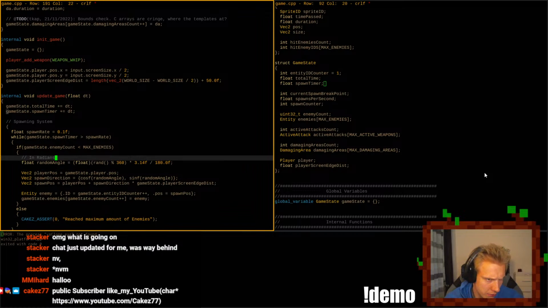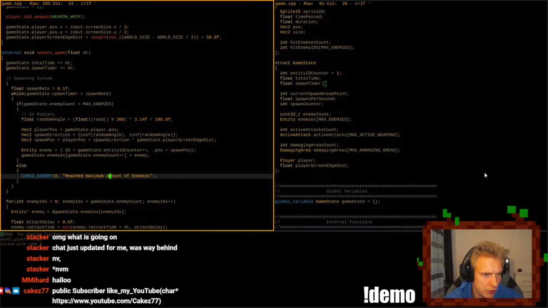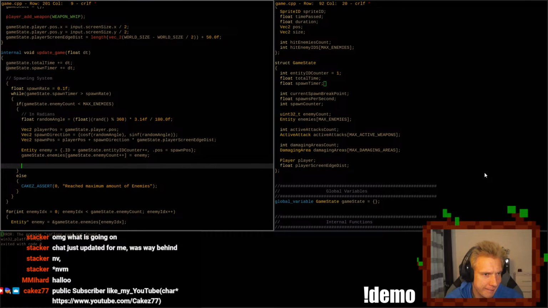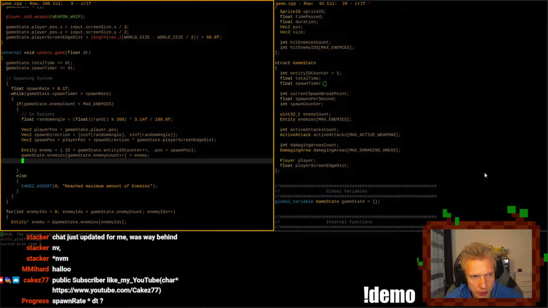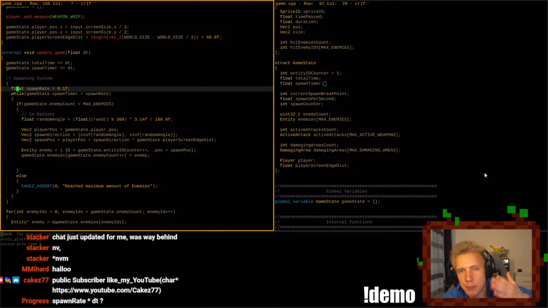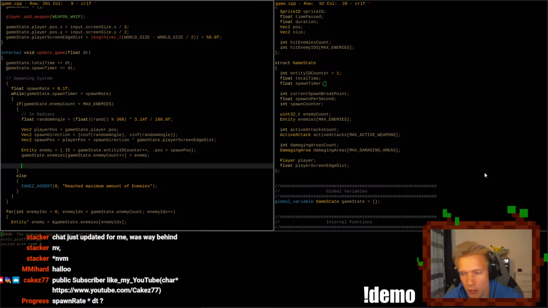We add in enemies and decrease... spawn rate times delta time. No, spawn rate times delta time wouldn't make any sense, because this is just a fixed time. That's a time. After 0.1 seconds have passed, so 10 times a second, I would like to spawn enemies. So currently it's spawning 10 enemies a second, which might be a bit too much. We could playtest a bit and see what feels good.